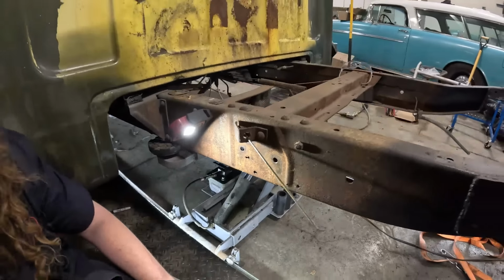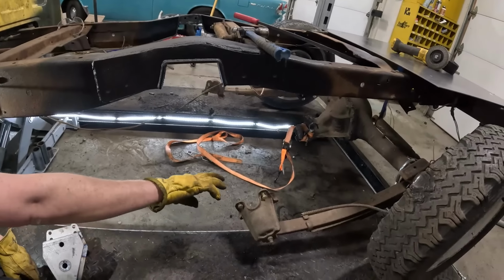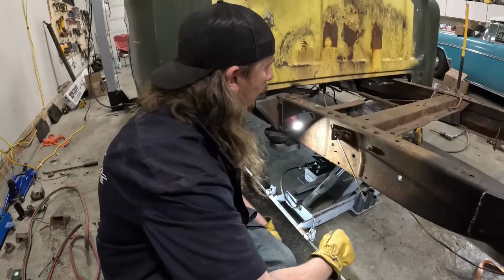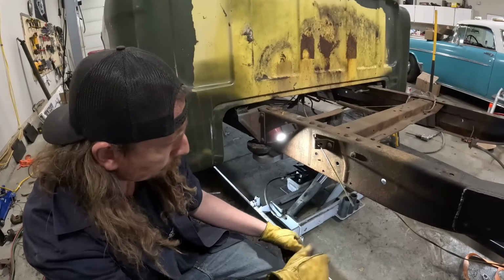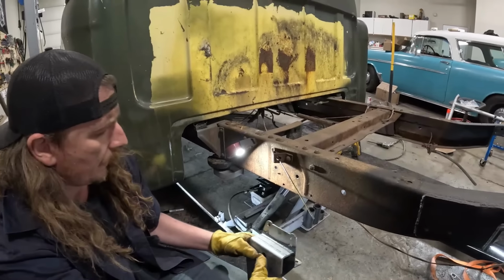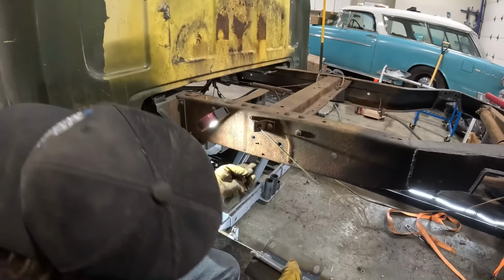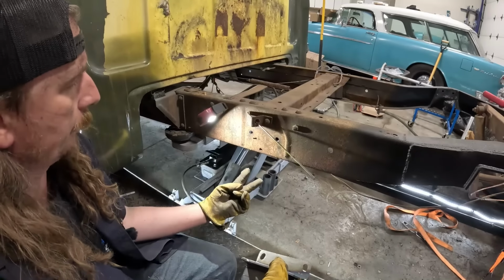What happened is, obviously where the shackle was, stuff just got jammed in there, sat for years and years. That side I'm going to hit with the grinder real quick, make sure it's decent. But it should be okay. And you can see we have these slots on the bottom. There's holes in the bottom, which are good. The shackle was originally